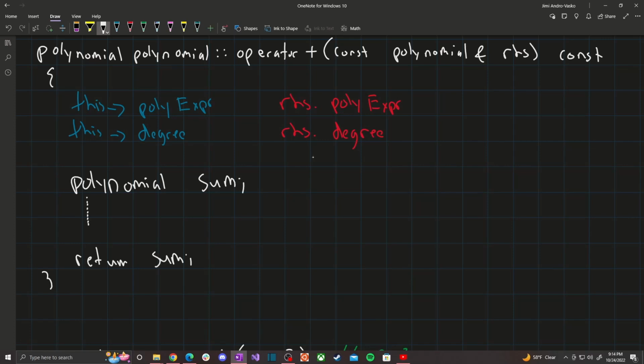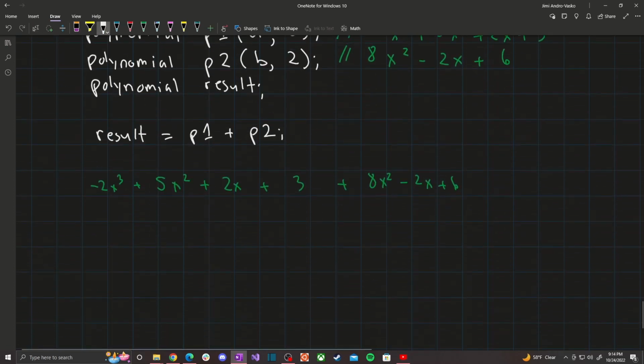That's about it. And of course, there's a plus operator where we have a polynomial plus integer. Again, if this makes sense to you, that function should be really a cakewalk, so I'm not going to spend more time on that. The minus operator is about the same thing as the plus operator, except we subtract this polynomial, subtract RHS. So in this case, you would have to just subtract all of that. Again, I don't want to give away too much, but really that's about as difficult as it gets. So this really covered the plus and